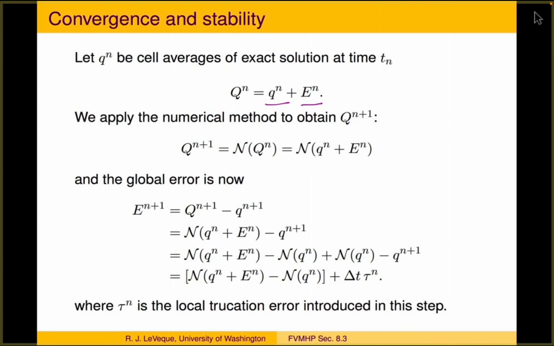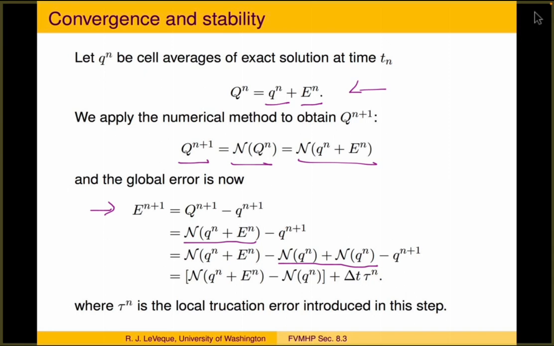And if we apply some generic method to compute Q^(n+1) as some function of Q^n, assuming we're just doing explicit time stepping as we're looking at, then we can look at the numerical method applied to Q^n as being the numerical method applied to q^n plus E^n from this equation up above. Now if we subtract off the true solution at time n+1, we can compute the global error at time n+1 as that difference. And if we replace Q^(n+1) by the numerical method applied to q^n plus E^n, and then add and subtract the single numerical step starting with the exact solution, taking one step of the numerical method,